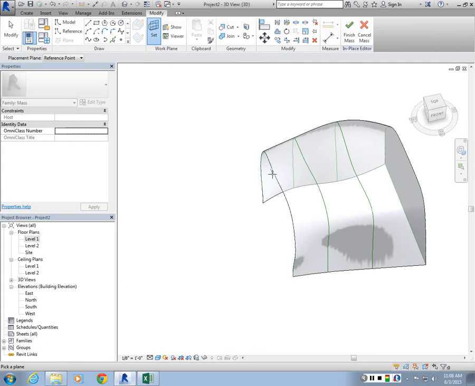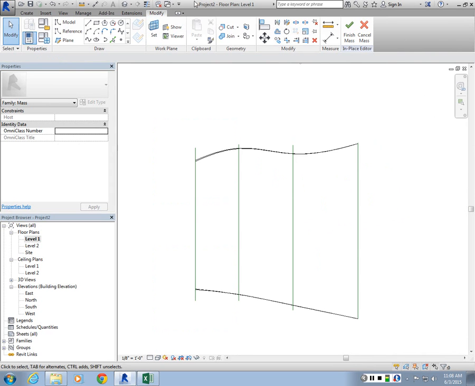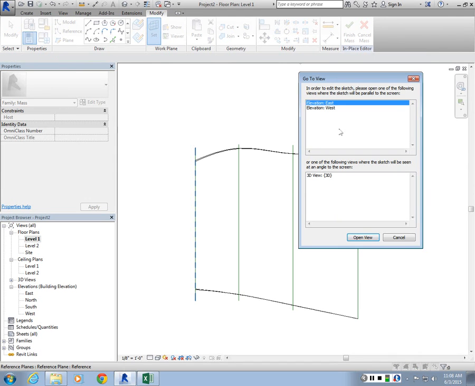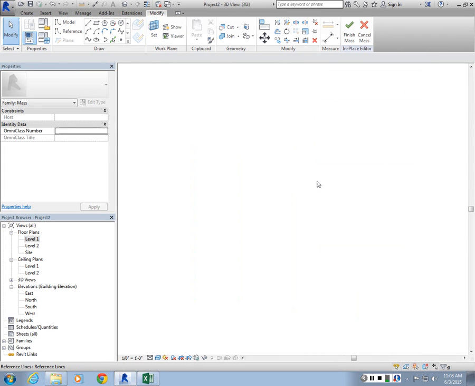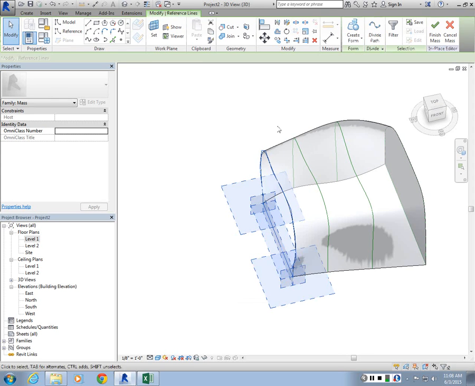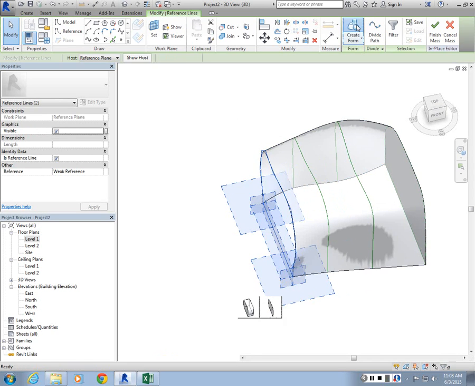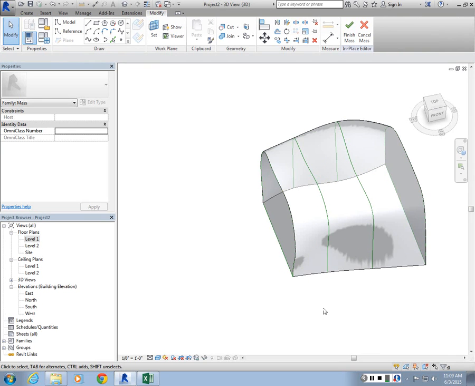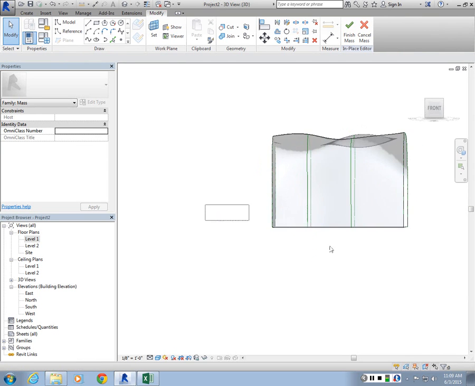Set work plane to be, let's say, the other edge. Pick a plane, open it in 3D, and I can draw another reference line here. And then when I choose that profile geometry, if I do create form, it shows me if I want an extrusion or a single plane. I can do the single plane. And let's see if I can,